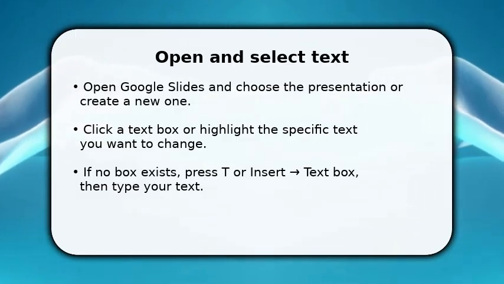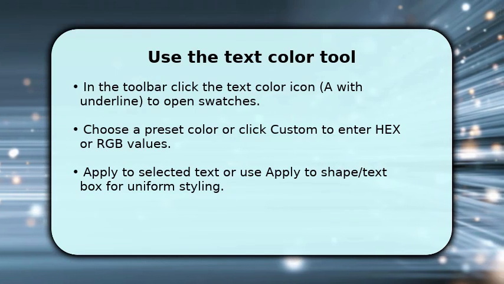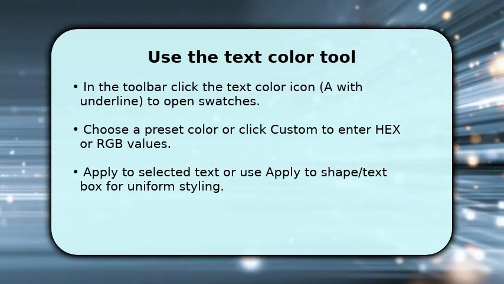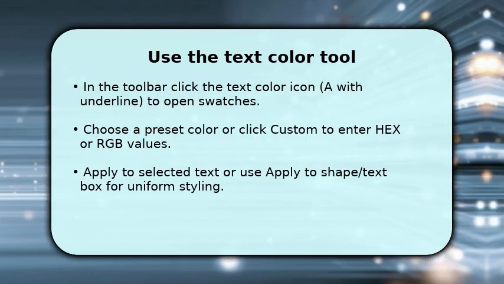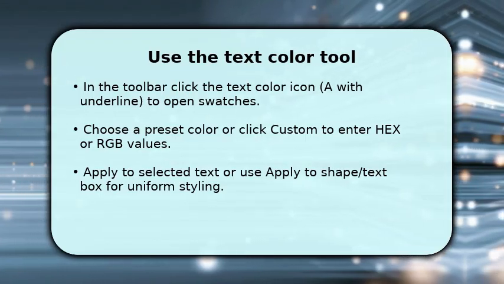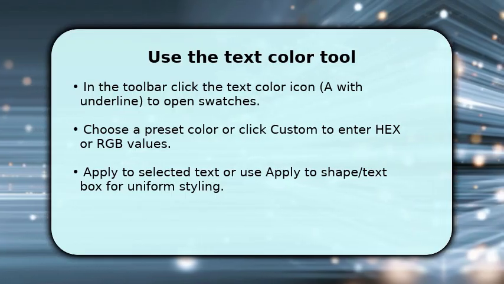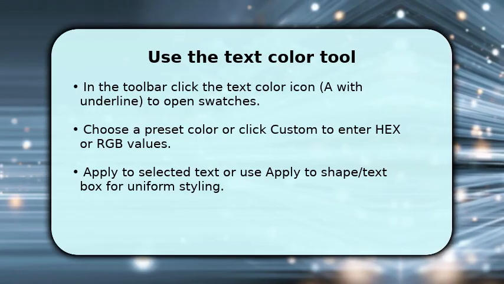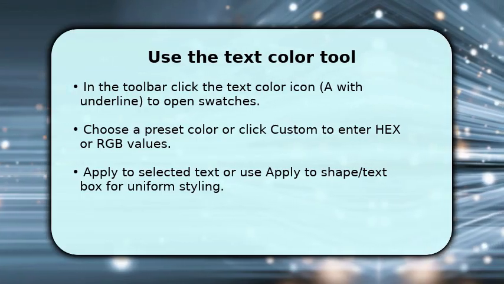Now you'll change the color using the text color icon in the toolbar. It looks like an A with a color bar underneath. Click it to reveal swatches, pick a preset, or choose custom to type a HEX code or adjust RGB sliders for precise color. Make sure the selection scope is correct, selected characters versus the whole text box, and click the